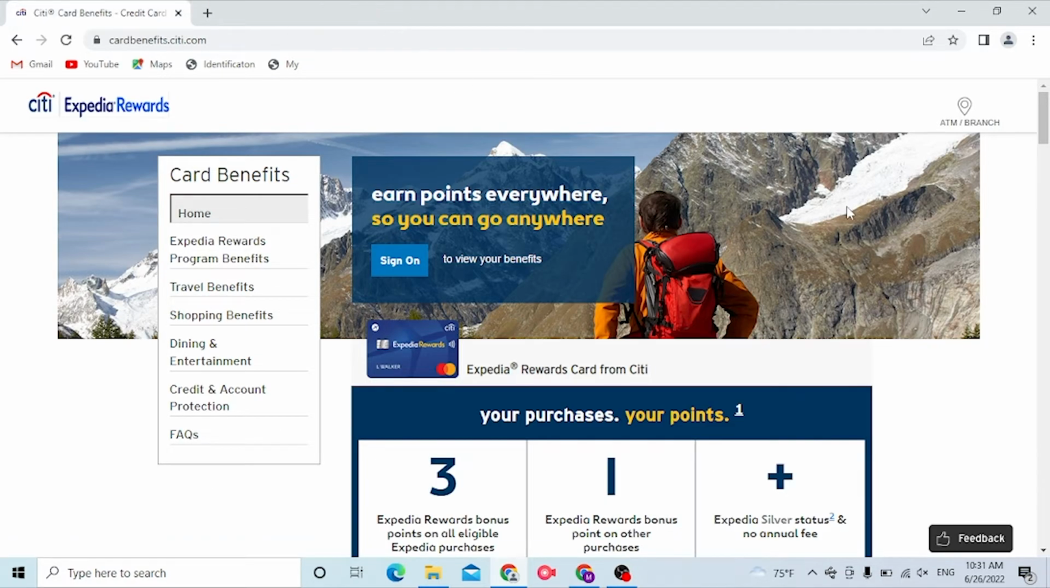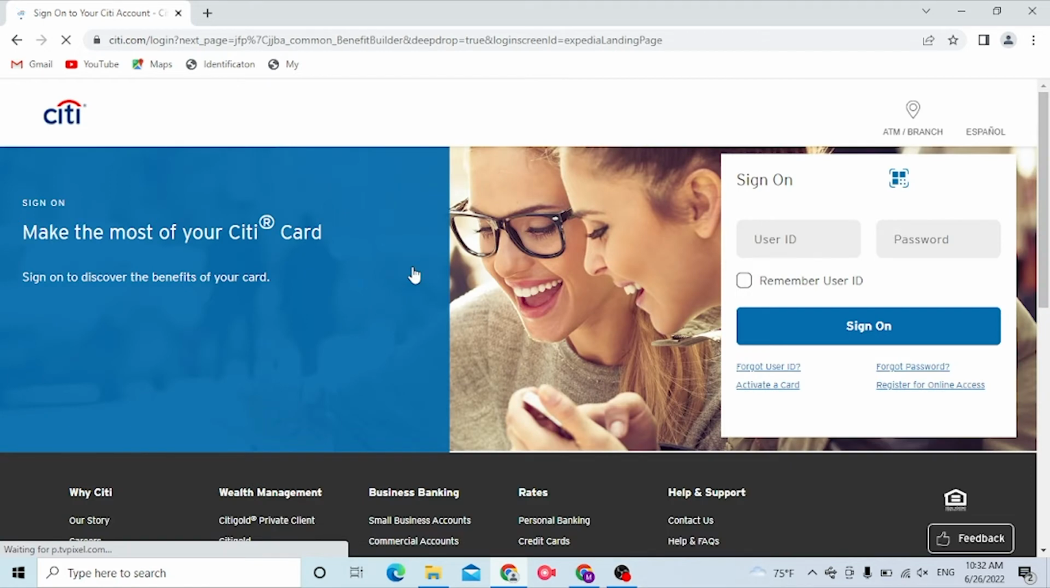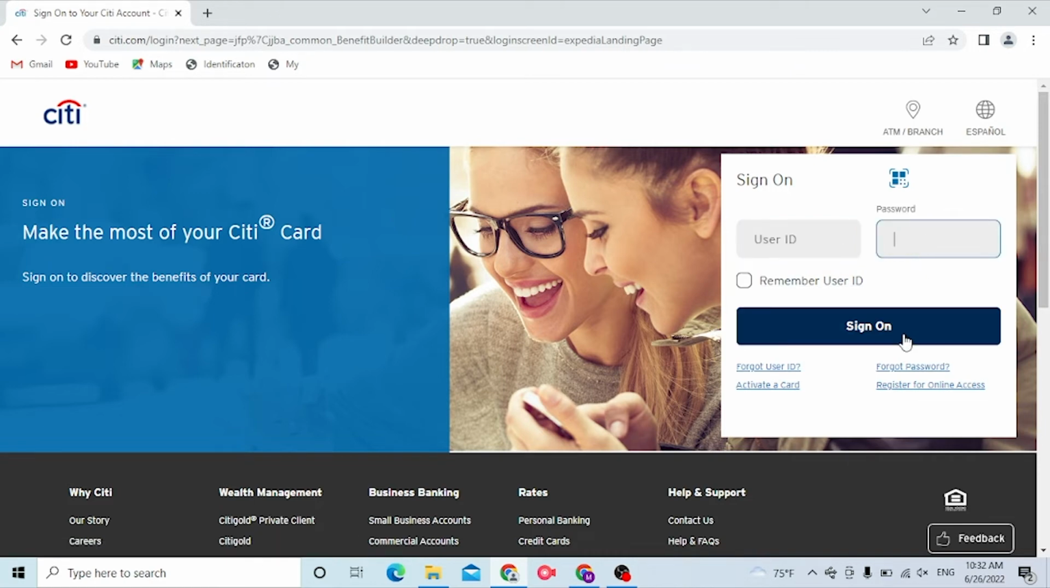Now to log into your Citi Expedia Rewards card, you can see the sign on option available over here in the middle of the screen. Click on sign on, and let's let the page load first. After that, when you land on this page, you'll be required to enter your user ID over here, and after that enter your password over there and click on sign on